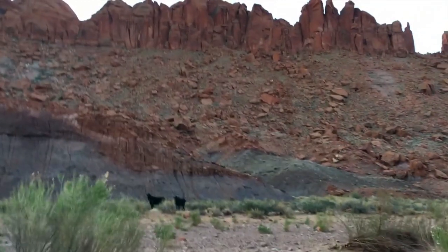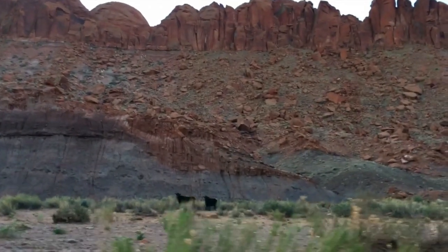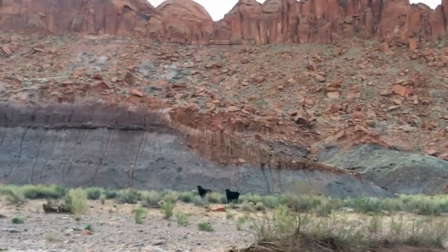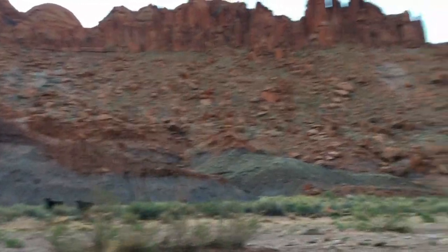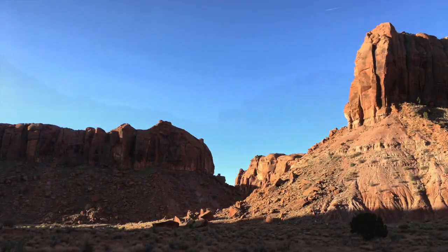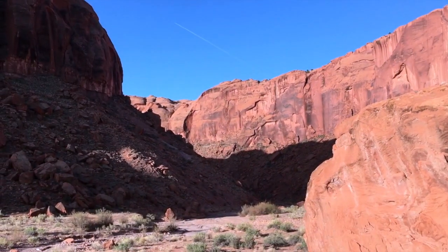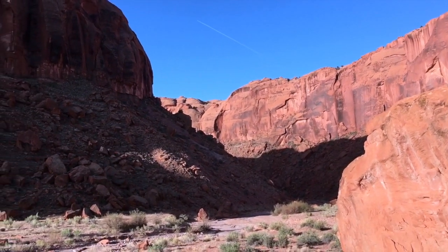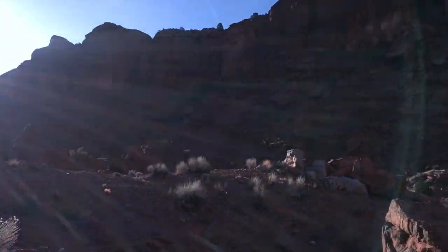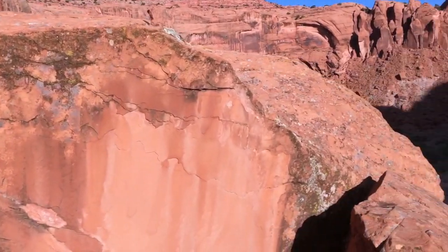Came across some easily spooked cattle here on my way down Moody Canyon, but it looks like finally they're gonna let me pass and let me move along down Moody Canyon. I'm here at the Moody confluence between Middle Moody and Main Moody. Just got done burying a resupply cache for myself that I'll be picking up here in a few days,